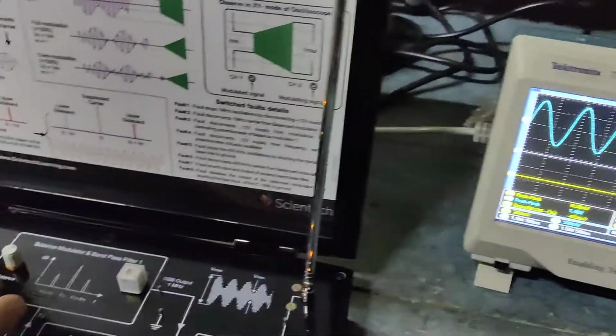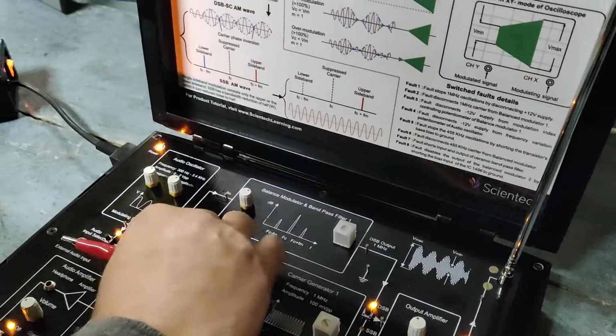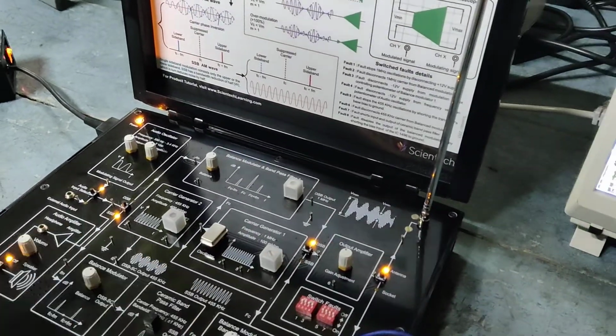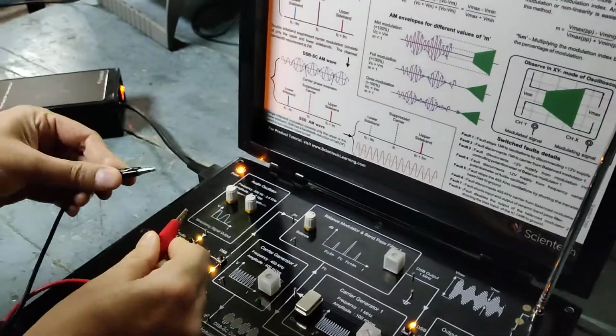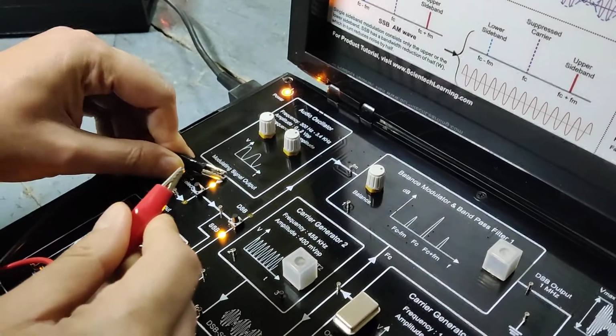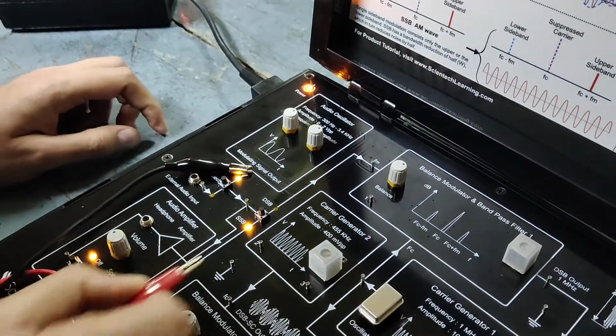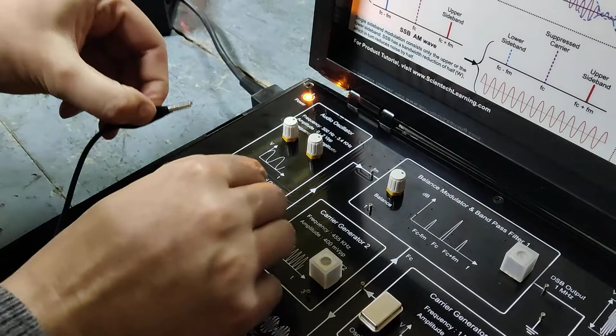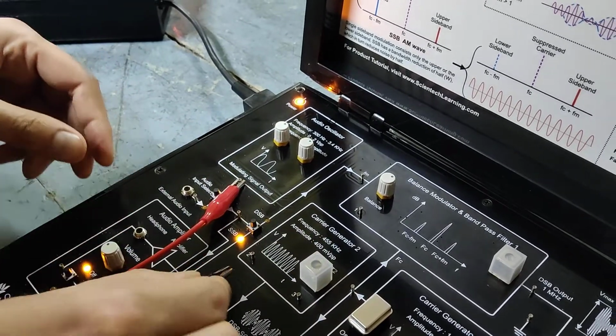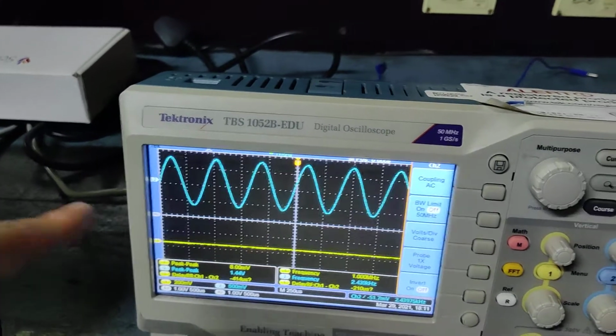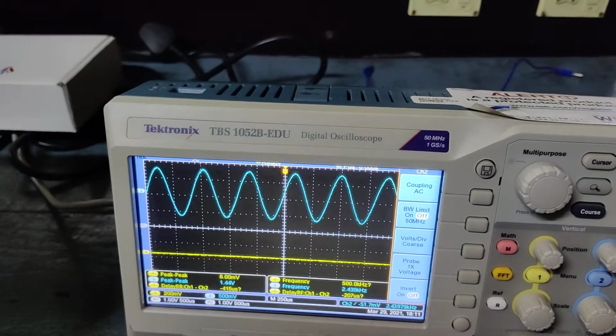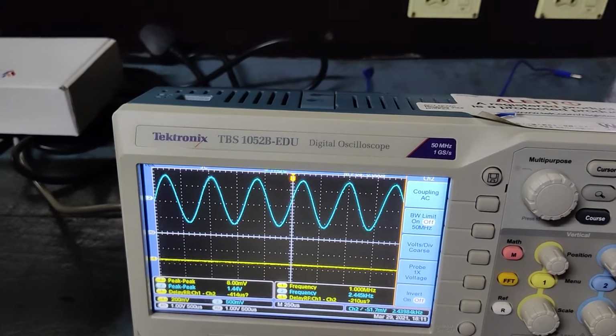Here we'll be using this probe for the audio signal. We'll connect it to this particular point, and here it will be connected to ground, and we can visualize this signal in blue. This gives you the audio signal.